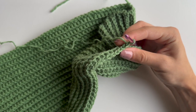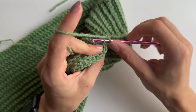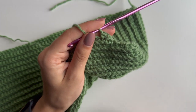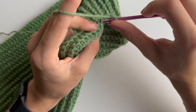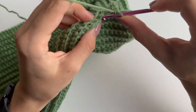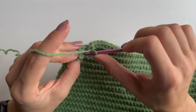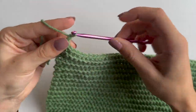If you want to, you can grab your stitch marker, so do your single crochet into the first single crochet, that is back loop only, and continue making those single crochets, which again you will have 50 from now on. So just continue till the end of your row, and I will meet you at the end here. I am now at the end of my row 42, just making those last 2 single crochets, chain 1, and